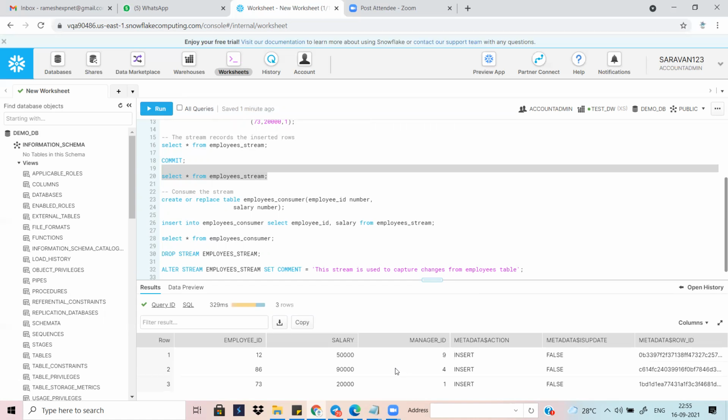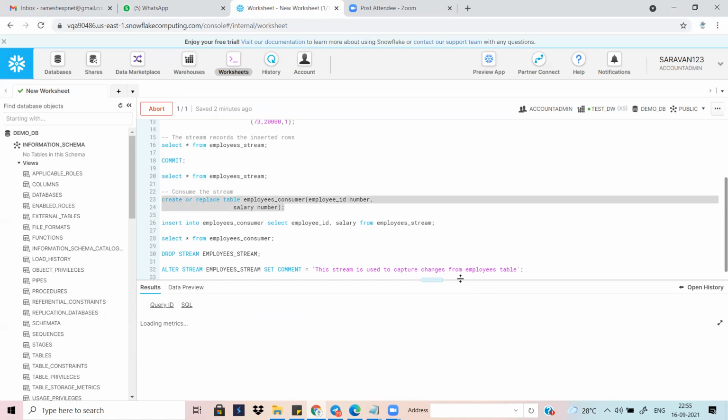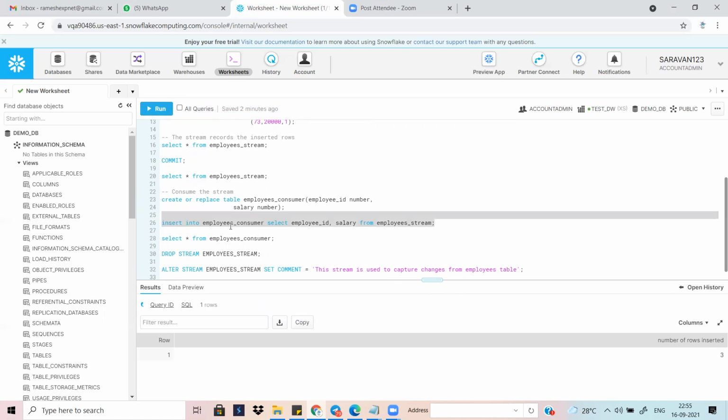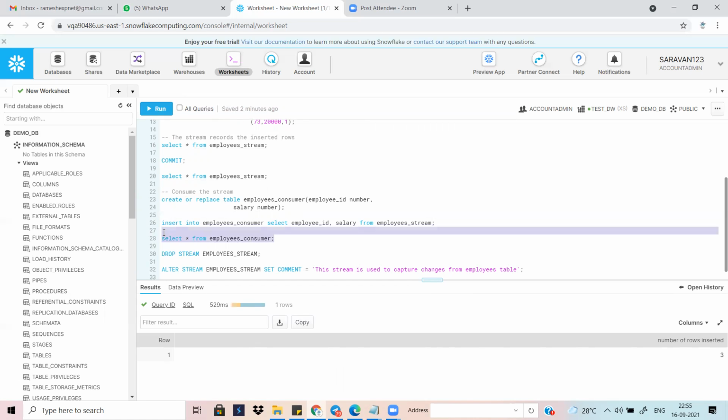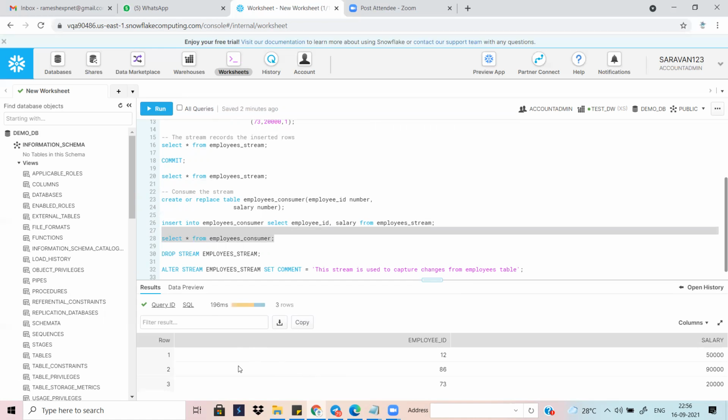So right now you can check, it will be tracking, right? 3 records. Okay. So right now you can create that employee table, a new table again. You can delete that existing new table. Then you can select employee ID, salary from employees team. Then you can insert that. This is a regular operation, right? 3 records inserted. Yes, sir. Then you can select the 3 records there in the final table.